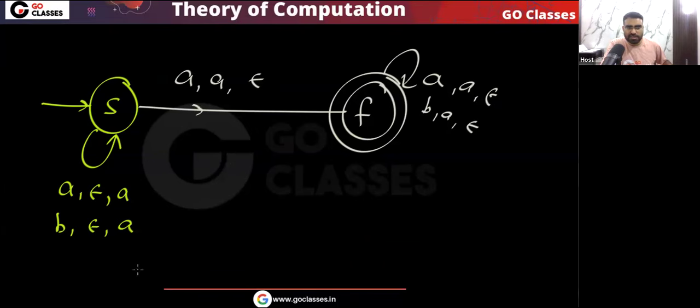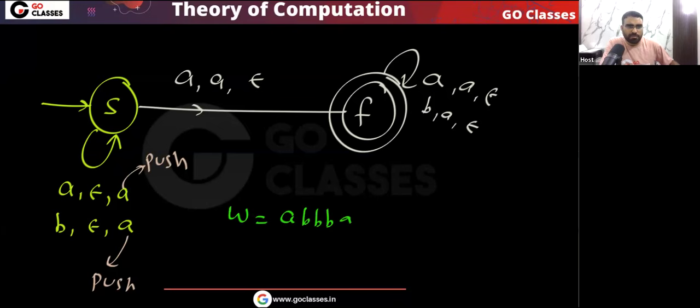Now let's see some strings which are accepted, and then we will see what the language is. Actually, if you notice one thing here, whether A comes or B comes, you are pushing the same symbol A. So in the string W, it does not matter whether A is coming or B is coming; we are pushing A. So for this, how many A's will we push? We will push 6 A's. Okay, 6 A's will be pushed in the stack.